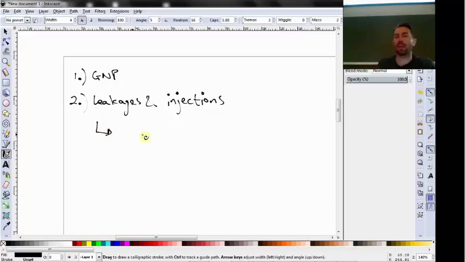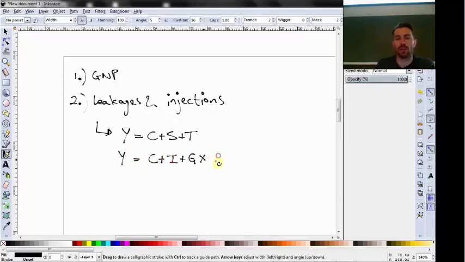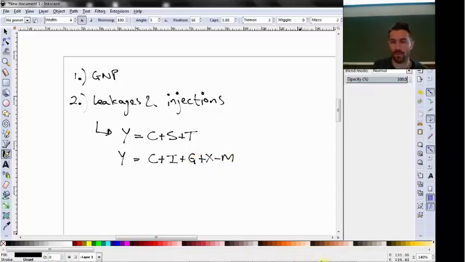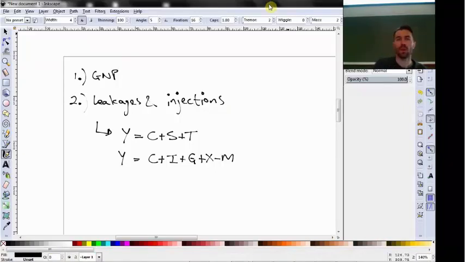If we're going to calculate GDP, we can calculate GDP by saying all income goes to consumption, savings, and taxes. It's the income approach. And all expenditure goes to consumption, investment spending, government spending, exports, and imports. Okay? So the idea is, if we now equate these two, we can write this equation as